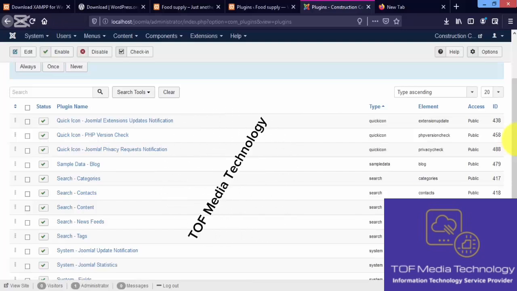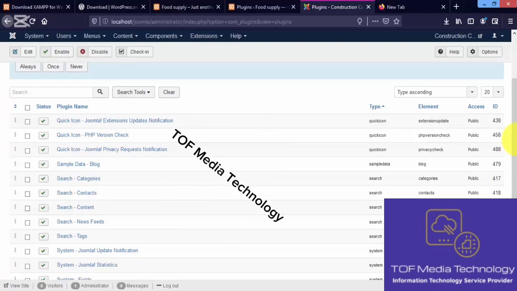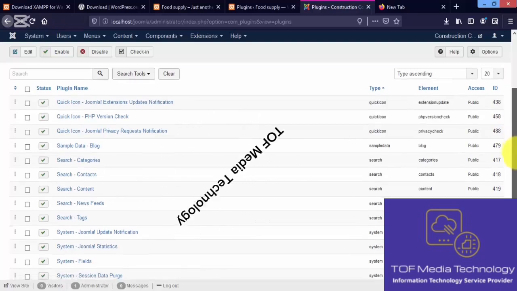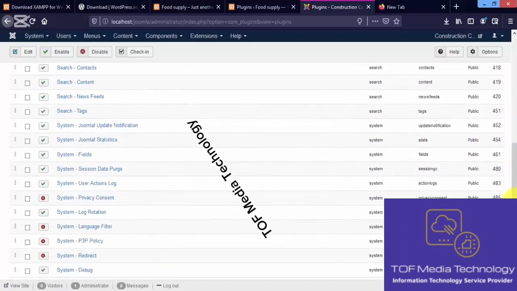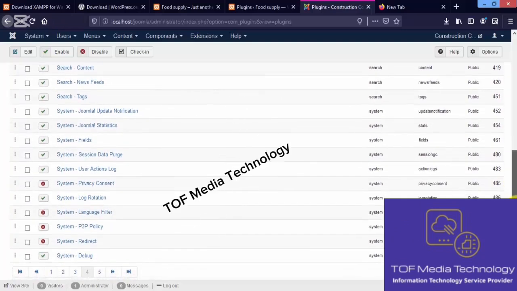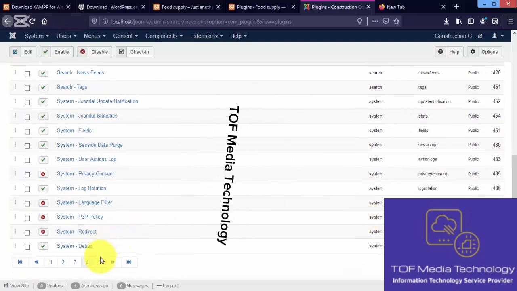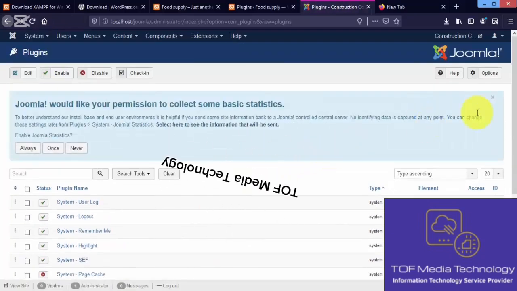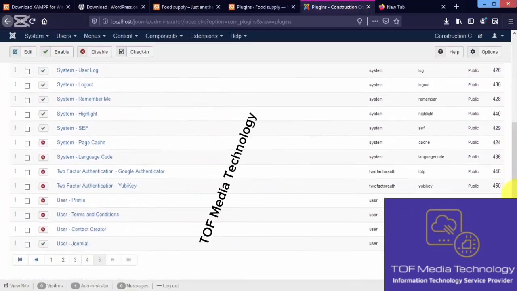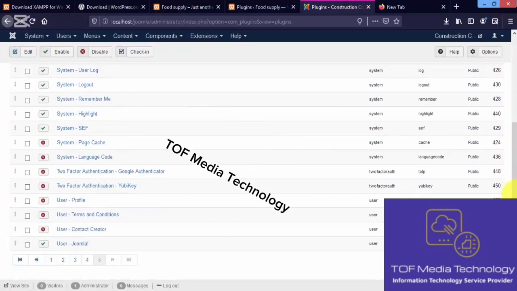So let's see, I'll move on. I want to make this detailed enough for us to really grasp and understand the difference, how it works, so that you can best recommend what is best for your client. So if you scroll down here,